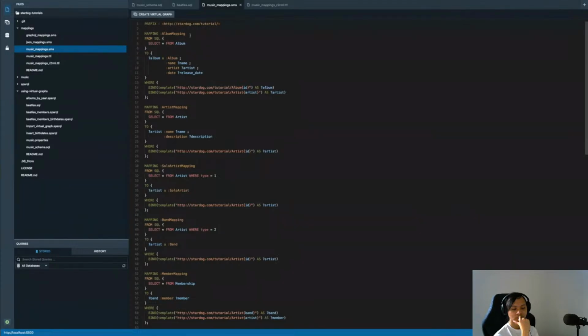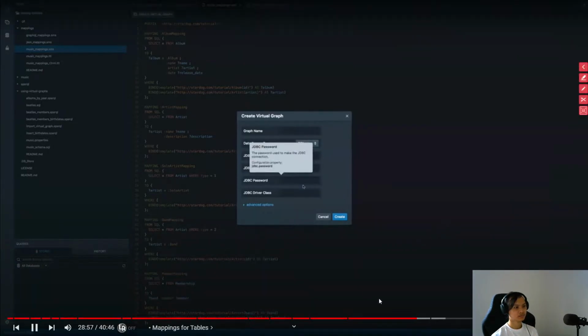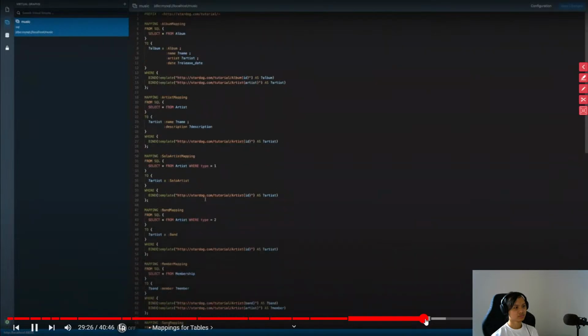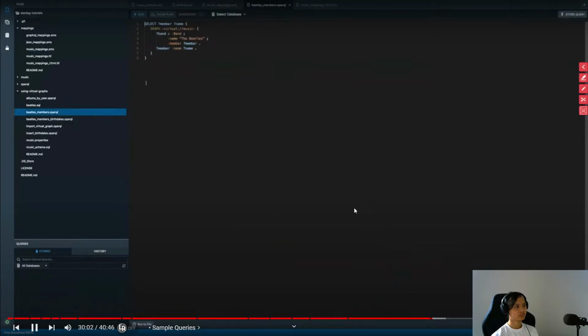So this is how the complete mappings look. By clicking this Create Virtual Graph button here, I can register these mappings with my Stardog server. And using Studio, you can make changes to these mappings if you want to rename some of the properties, and then you can just save your changes to update queries against it. So we have some sample queries. I'll start with this example, which is,